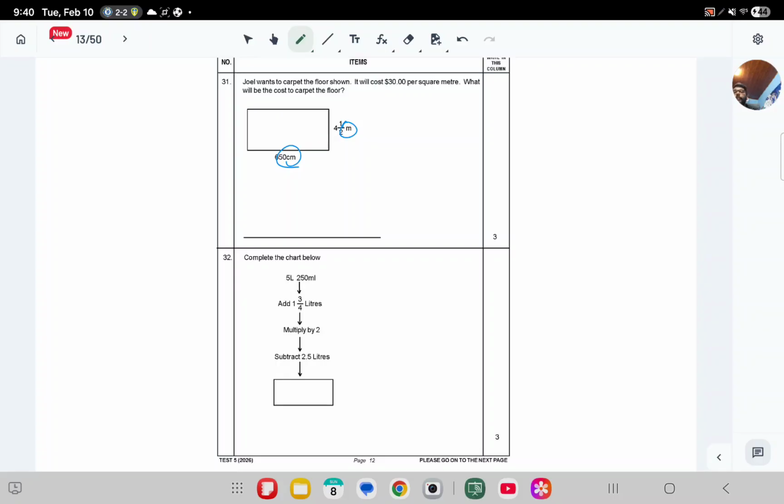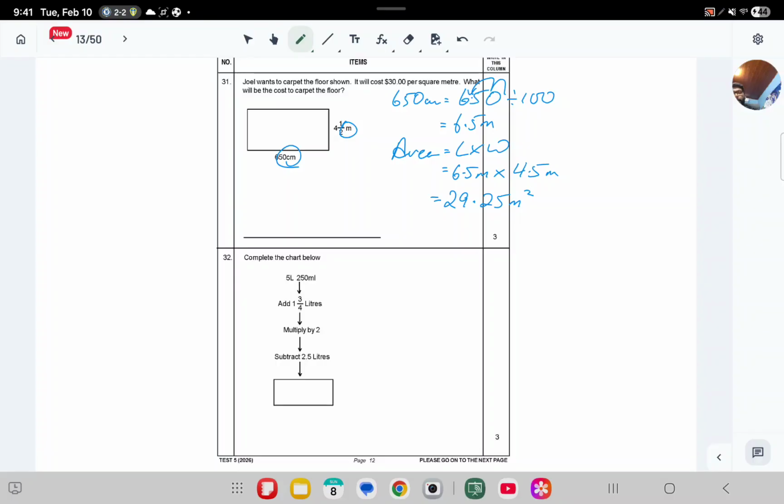650 centimeters to meters. To convert centimeters to meters, we divide by 100. So 650 divided by 100. Whenever we divide by 100, we move the decimal point 2 places to the left. So this becomes 6.5 meters. To find out the area, we know it is length multiplied by the width because of a rectangle. So it will be 6.5 meters, and 4.5 as a decimal is 4.5 meters. And that will give us